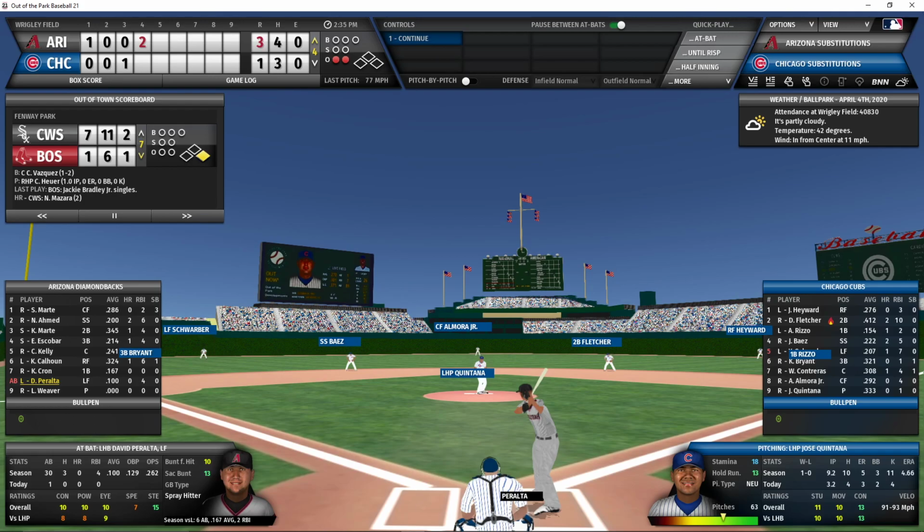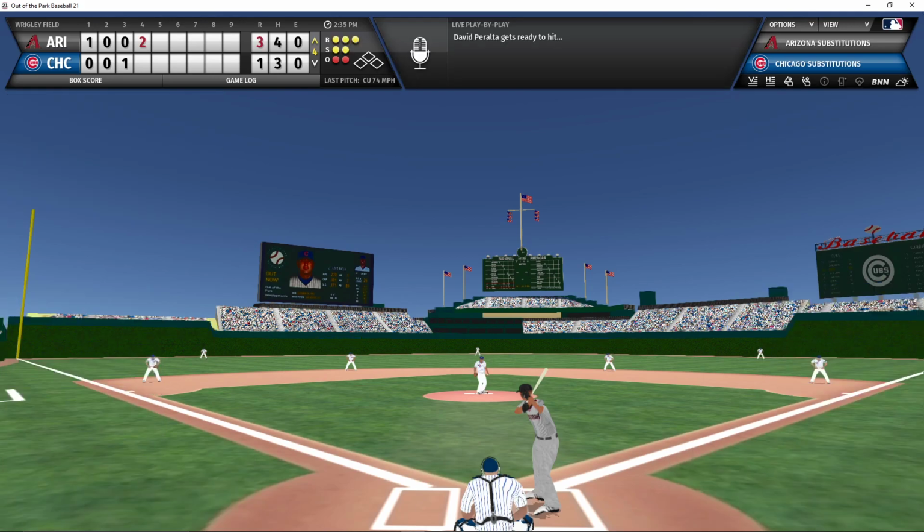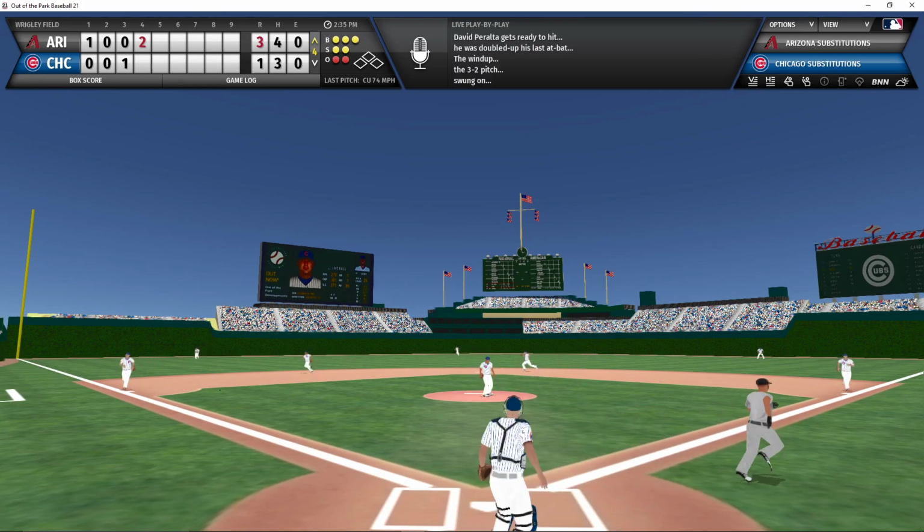Here's the batter Peralta with 2 outs, nobody on. The Diamondbacks owners of a 3-1 lead. Full count. And the pitch. A fly ball to left field. Schwarber comes in. It looks like he's going to make the...